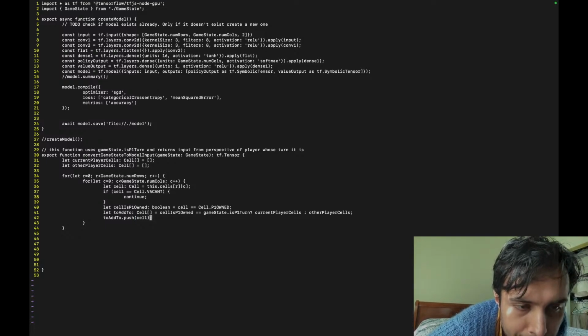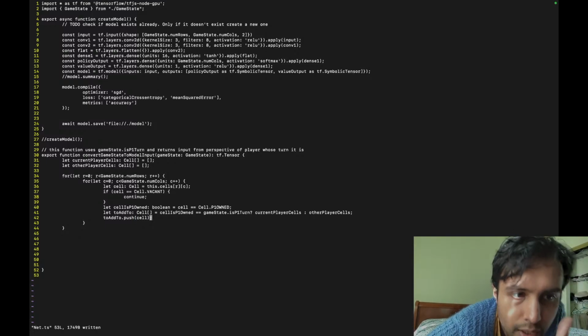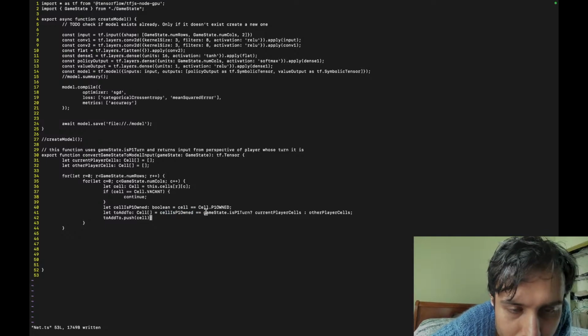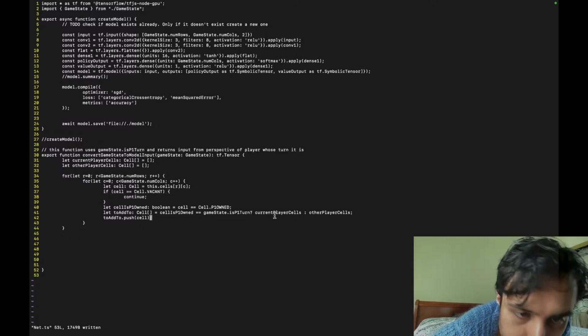Everything is more inline, right? That's it. That is all. Now, is what I've written correct? If this is true and this is true, so if it is player one's turn and it's player one's cell, then we have to add it to the current player cell because the current player is player one.